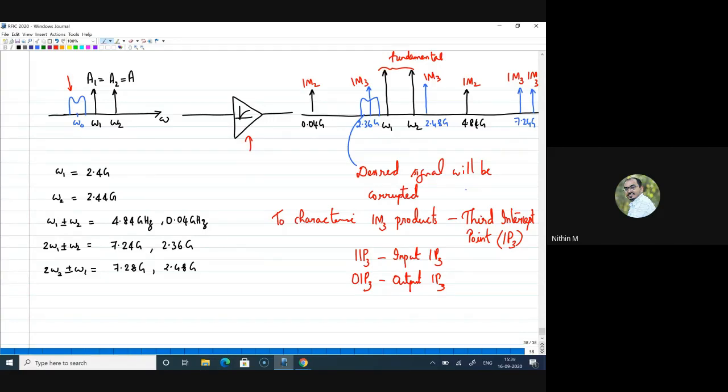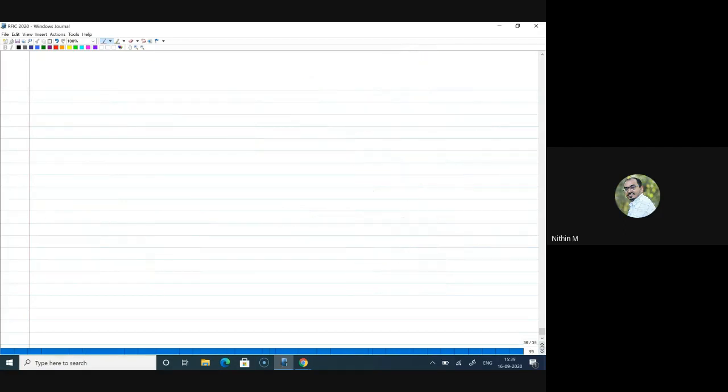Yes, Nagaraj, I got your question. Can we not filter the input signal before processing? Yes, probably I answered this question once. I'll give more clarity because this is a natural question coming to our mind, right? Since we have all these sorts of problems, why can't we filter out and work only with the desired signal, right? Now the problem is, as I mentioned just before, for a receiver,